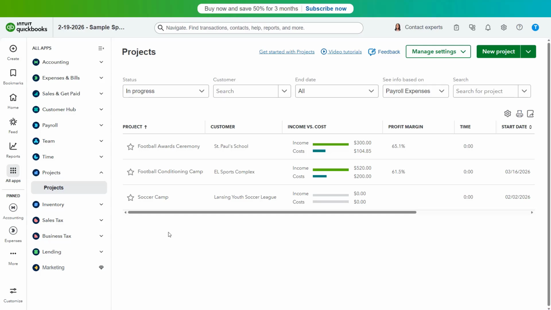After creating projects in QuickBooks Online Plus, you can easily view the project's income and costs on the project's details page. To view a project's details page in QuickBooks Online Plus, click the project's link under the project's app in the All Apps bar to open the project's page to the right. Then click the name of the project to view in the project's list in the project's page to view its